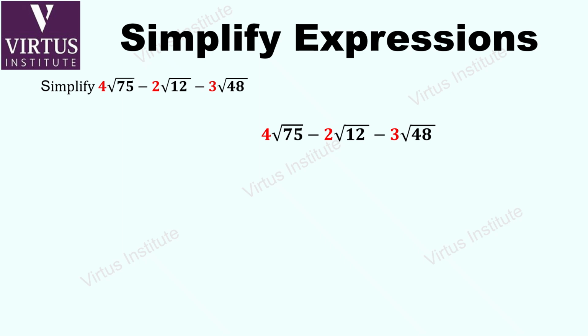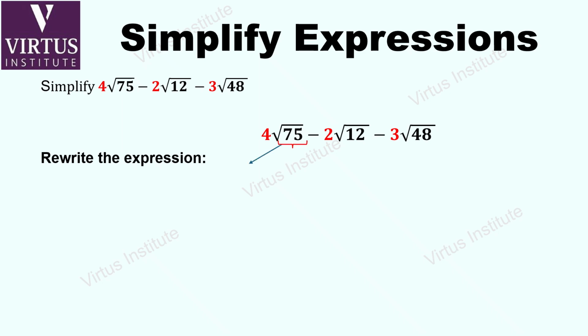Let's simplify another example. 4 root 75 minus 2 root 12 minus 3 root 48. Before combining surds, we need to simplify each one. A useful trick is to find the largest number that divides exactly into the number under the square root. First, simplify